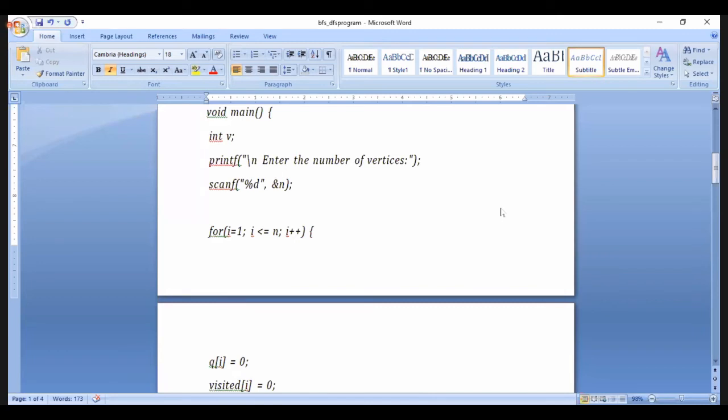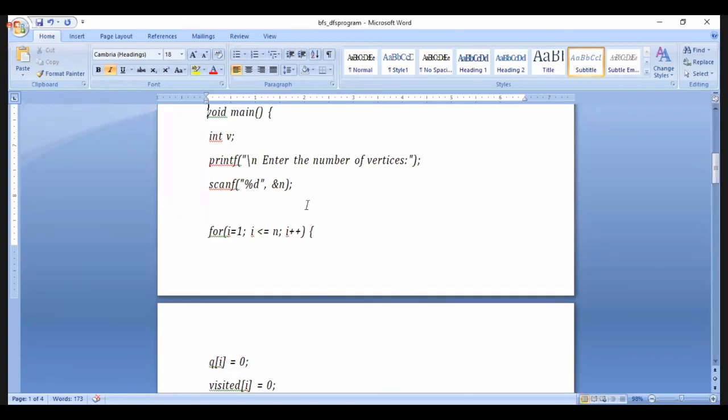So here we are implementing BFS in the main. Int B is nothing but I want to denote the vertex as B. I want to give a graph as input, so my program is asking how many vertices you want in the graph. The number of vertices is read from the user and stored in n, so it will be decided by the n value. If I give n as 5, that means 5 vertices in my graph.